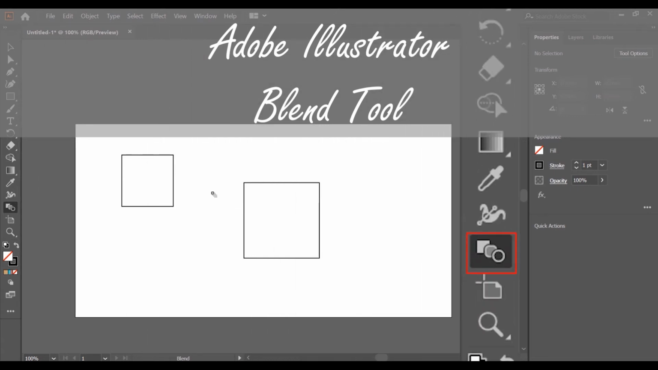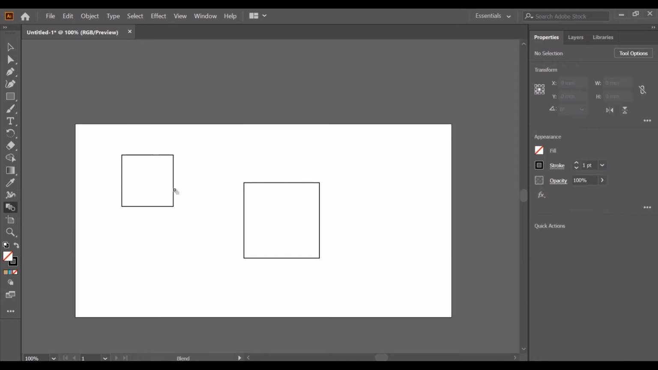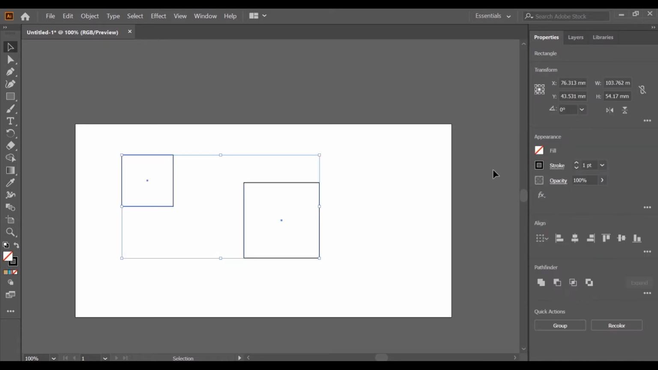This is a tutorial on how to work with the blend tool. The blend tool allows you to blend from one shape to another. It can be of the same shape or of a different shape. So for example, we have two rectangles here of different sizes, and in both the rectangles we only have